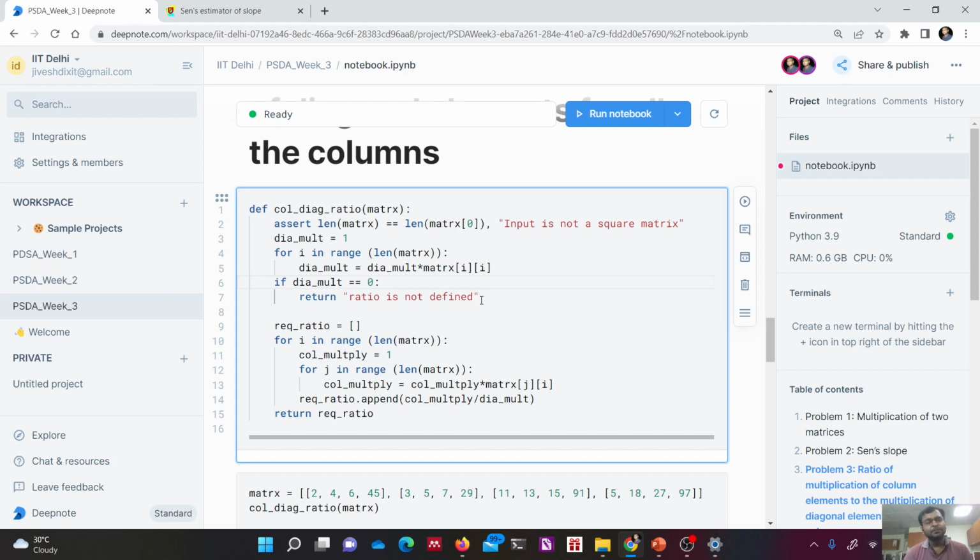It will not do further computation, and it would terminate the program by returning this message. But if that diagonal multiplication is not equal to 0, then we would initialize a required ratio list. We are initializing this list because we want to append the elements that we are going to compute as the ratio of the multiplication of a particular column's elements to the multiplication of the diagonal elements. So for that,